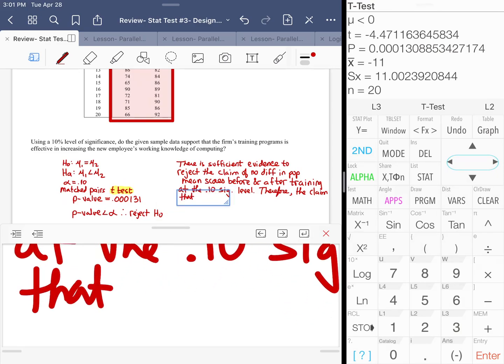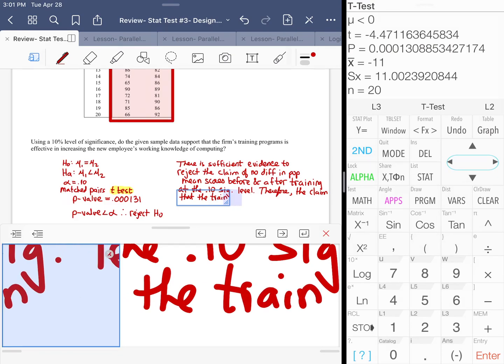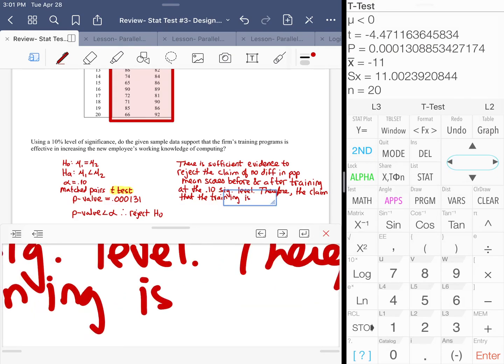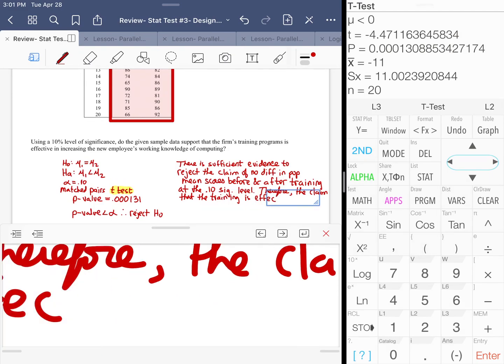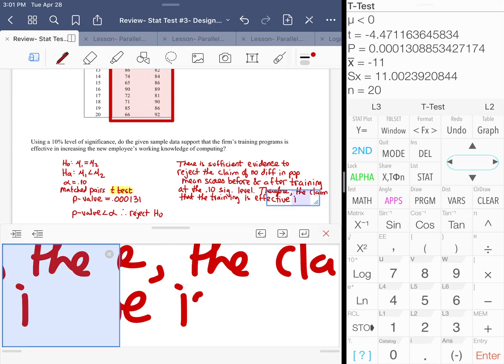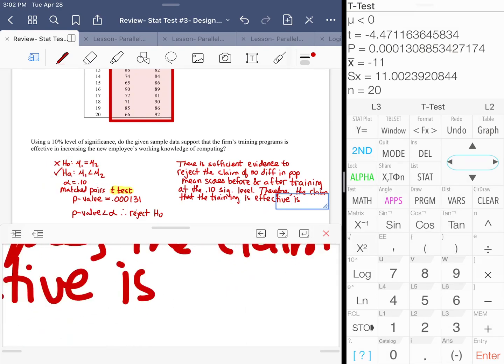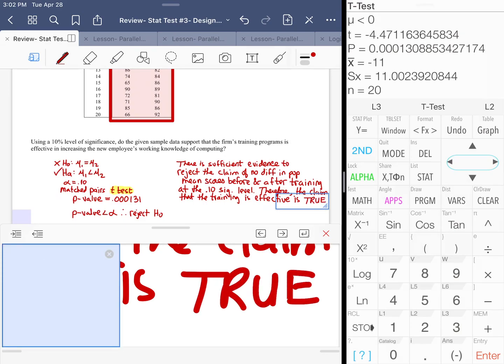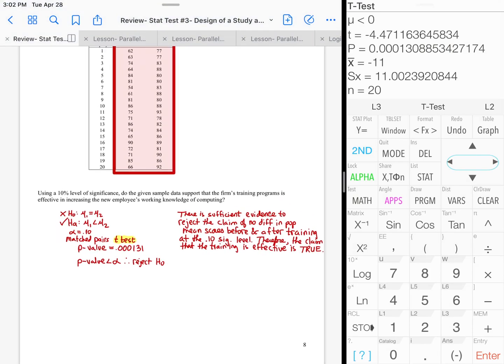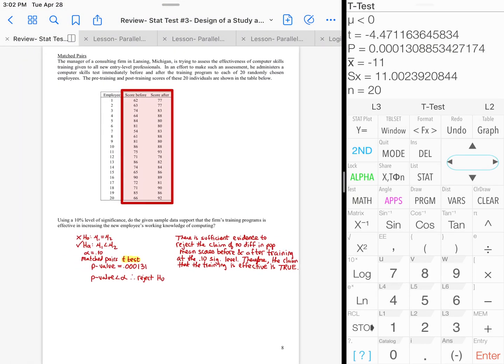Therefore, the claim that the course is effective, the training is effective, similar to another problem we went over, is, let's not trip at the finish line here, we're rejecting the null, which means that the alternative is true. The alternative is addressed by the second sentence, so the claim that the training is effective has to be